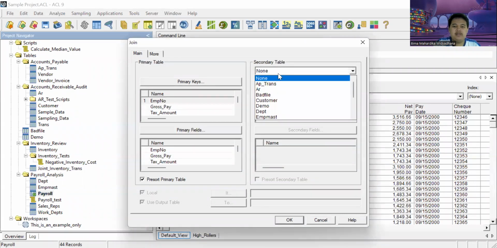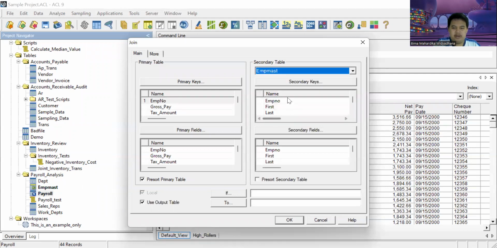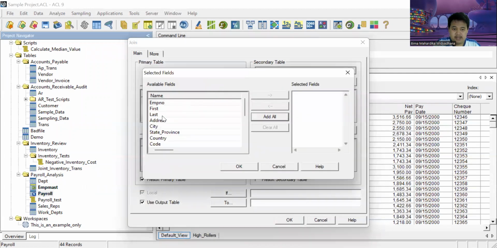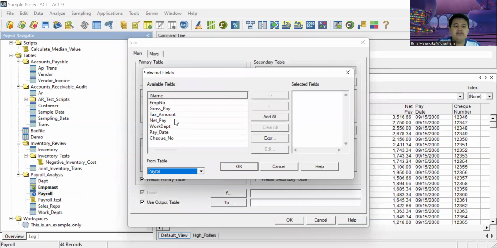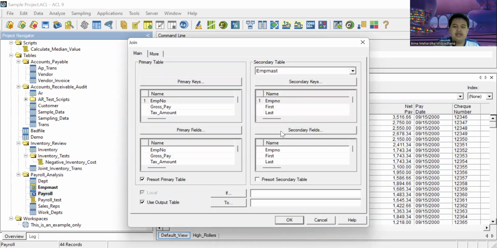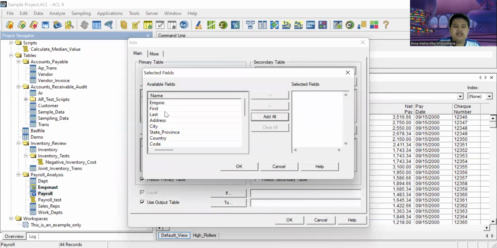In the secondary table, we choose employee master, and for the secondary key, there's also the employee number. Click OK. In the primary fields, we choose the check number and the working department. Click OK. In the secondary fields, we choose the first name and the last name of the employees.